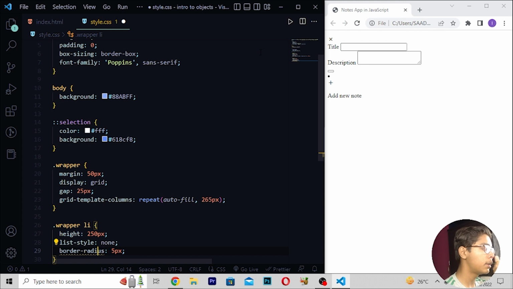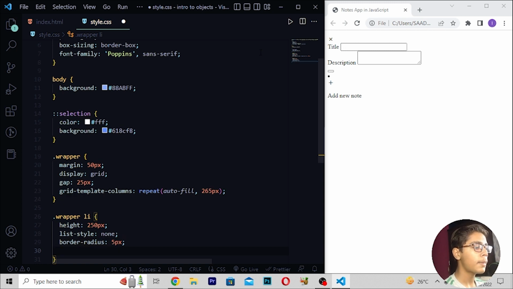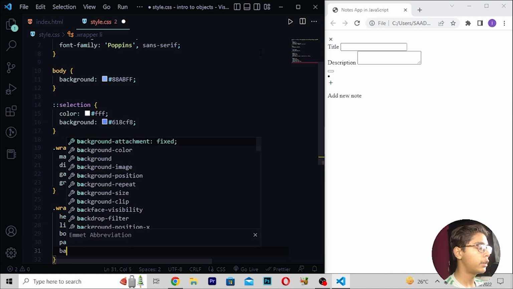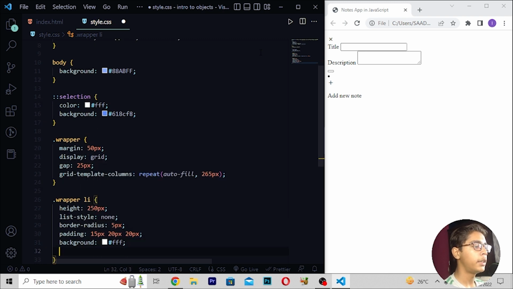Then when you've written this, here I will be moving forward. Then right here padding which should be 15 pixel, 20 pixel, 20 pixel. Then when you've written this thing, I will be moving forward. Then I will be moving down right here background, and then write white, and here I will be writing box shadow, write 0, 4 pixel, 8 pixel RGBA. Then here I will be writing 0, 0, 0, 0.05.